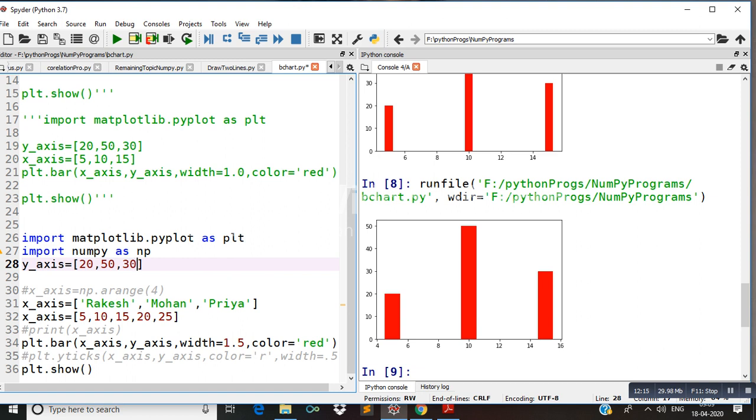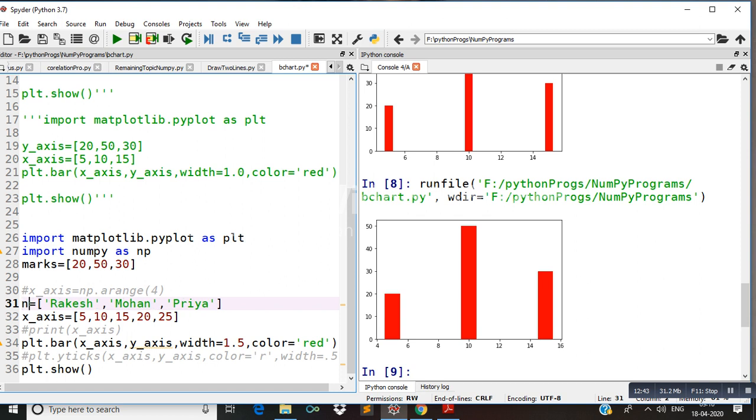We can change it like this: marks, another variable, and for the x-axis, names. This variable is names and marks. This line we can remove here, this can also be removed.